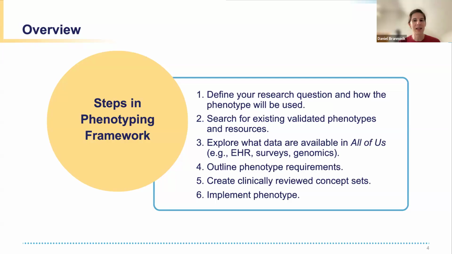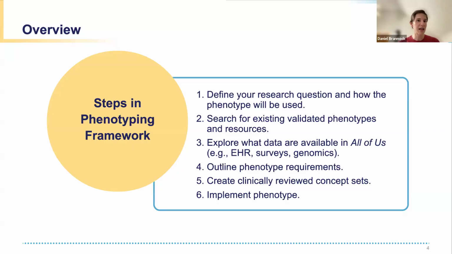Second, you can search for existing validated phenotypes and resources. It's almost never a good idea to start completely from scratch. And we'll talk about how we didn't do that exactly for GLP-1 users, even though we didn't have a phenotype workspace to work from. Third, you can explore what data are available in All of Us, and don't limit yourself